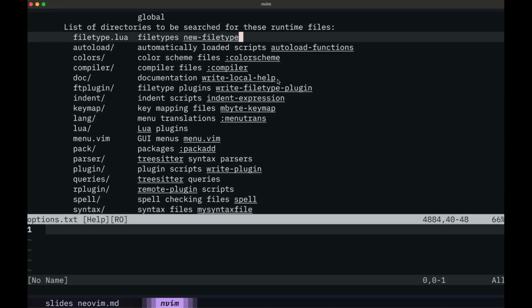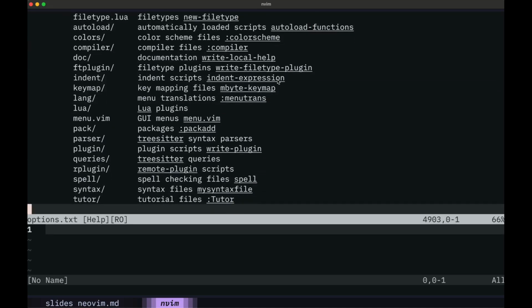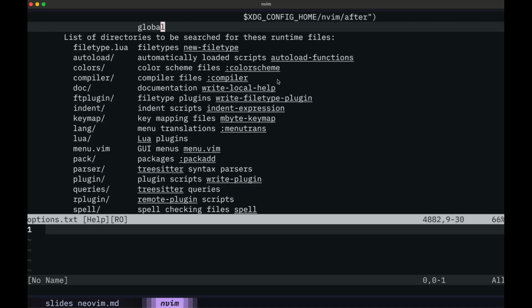So you can see there's some named ones here, colors for color scheme. So if we made a colors directory within our config and set some color scheme up, this would run on startup. We wouldn't have to do anything else. We wouldn't have to include it anywhere in our init.lua. This would also be added. And so there's also some other kind of named folders here, like a keymap folder, and all these different ones. So you might wonder, okay, so if we want to set up a color scheme,